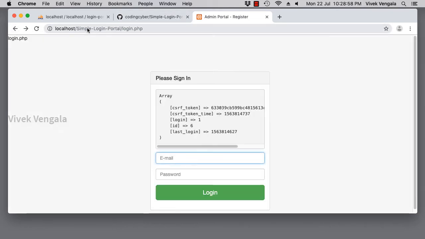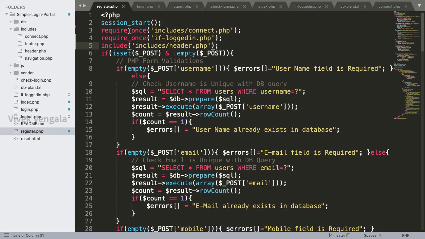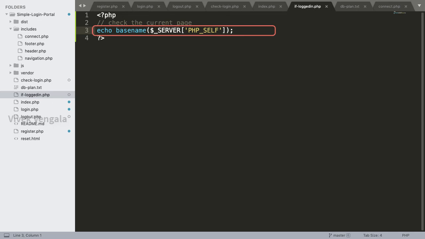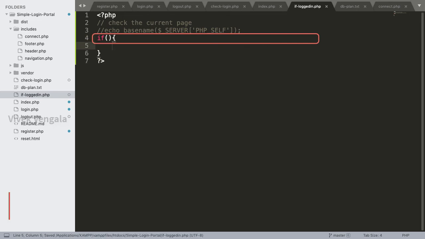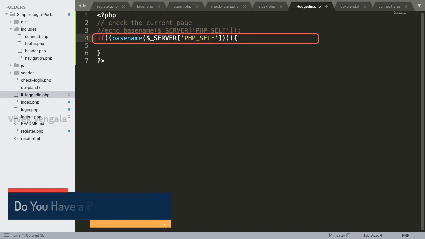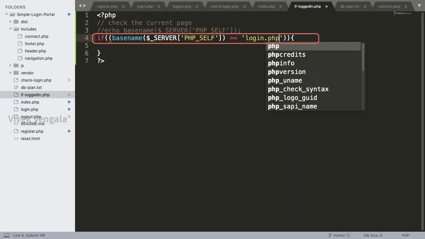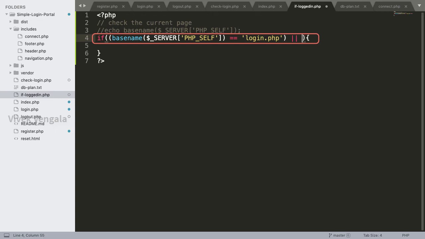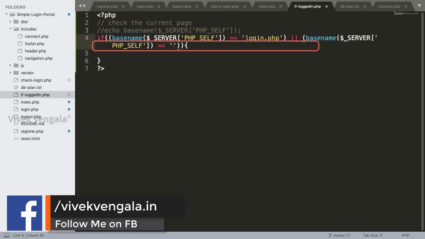I'll reload this login. Here you can see login.php, and on register.php you can see register.php. That's a file name. And if the file name equals login.php or register.php, then